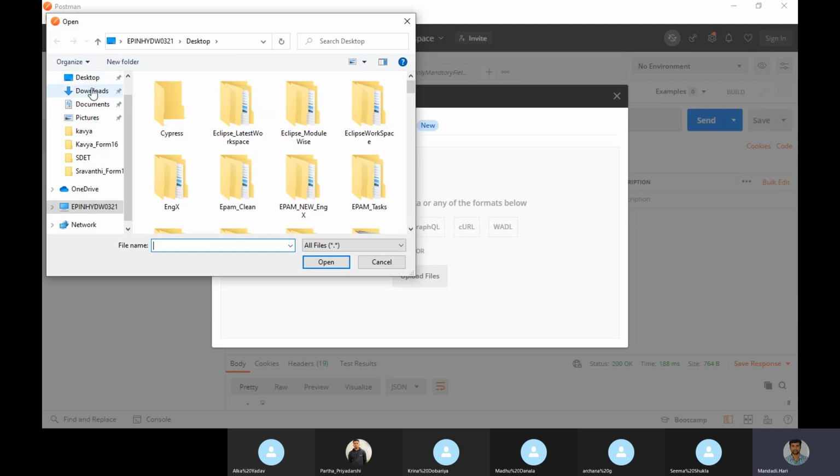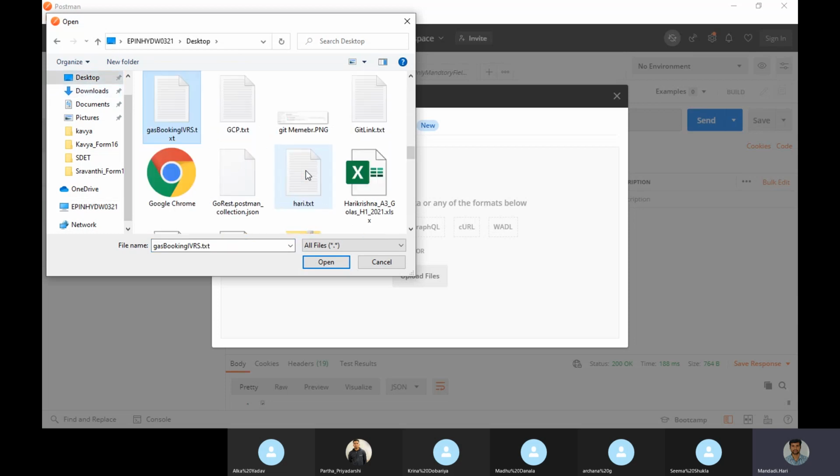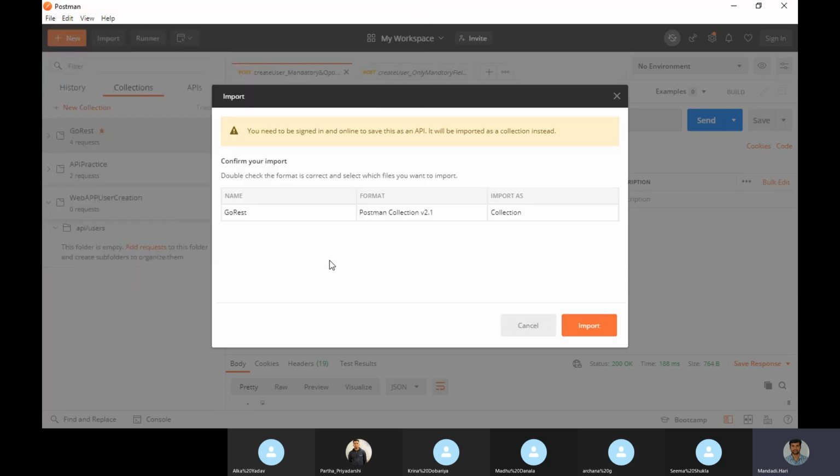Then we go to that specific location where it is. My location is this. This one is my Postman collection. It will be in JSON format, the file will be in .json format. So you can confirm that this is my collection. So open.